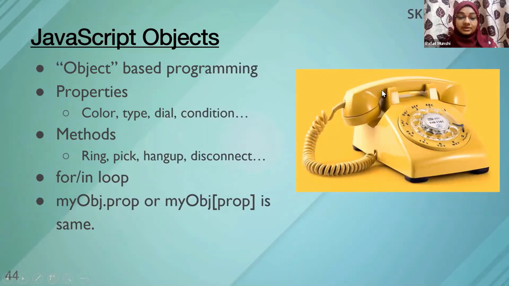So now this particular object has some values, some properties, right? Let's say its color is yellow, its dial is round, its handle is a wired handle, and it is a wired telephone. So color, type, dial, condition, if it is an old or new one. So these are all properties of any object.